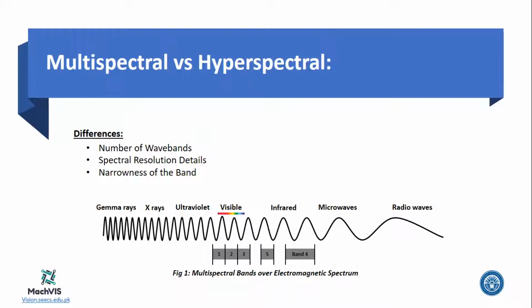So we are talking about the closest region to the visible band, the infrared band, and the first band, when you just enter from the visible band into the infrared band, is called the near infrared region, near infrared. NIR lies here at this part. Some other NIR bands are